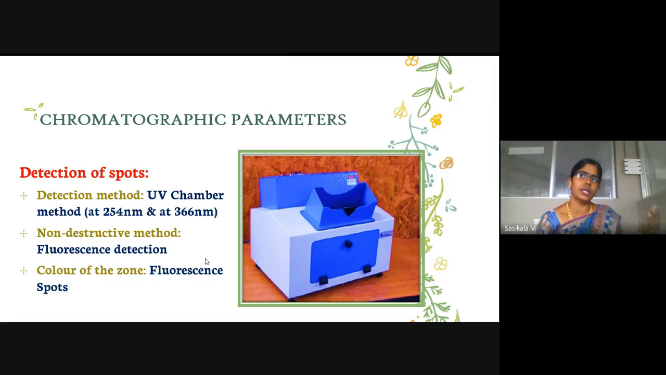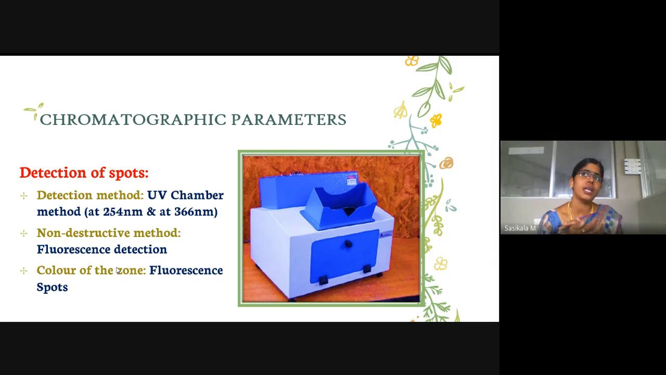Then you can go with RF value calculation for detection. So how is the detection of spots done for PTLC by the non-destructive UV chamber method? Either at shorter wavelength or longer wavelength. Shorter wavelength is 254 nanometer, longer is 366 nanometer. And the method is called fluorescence detection, since your sample will emit fluorescence light at particular wavelengths, either shorter or longer. Once it is detected, if you are selecting an RF value, like 0.1 or 0.2 that your sample is giving,